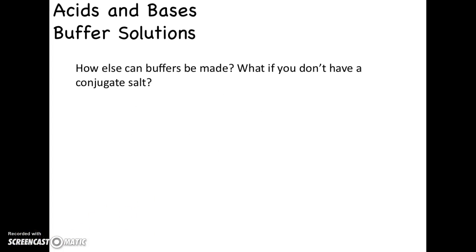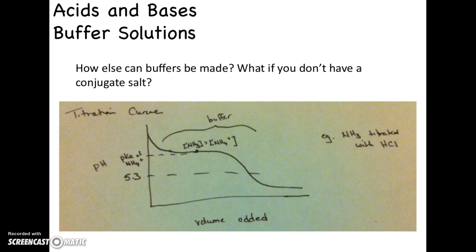Now, how else can we make buffers? What if we don't have conjugate salt? If you remember, I said there's other ways of doing it. You can add strong acid or strong base to a weak base or weak acid. That's a taste of what we're going to get into tomorrow, looking at titration curves and how we make buffers. But you can see here, if we had NH3, so ammonia, and we were adding HCl to it,